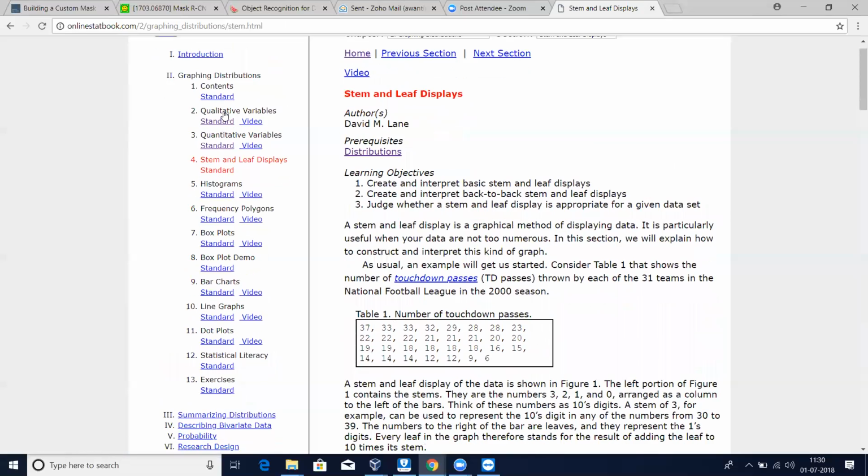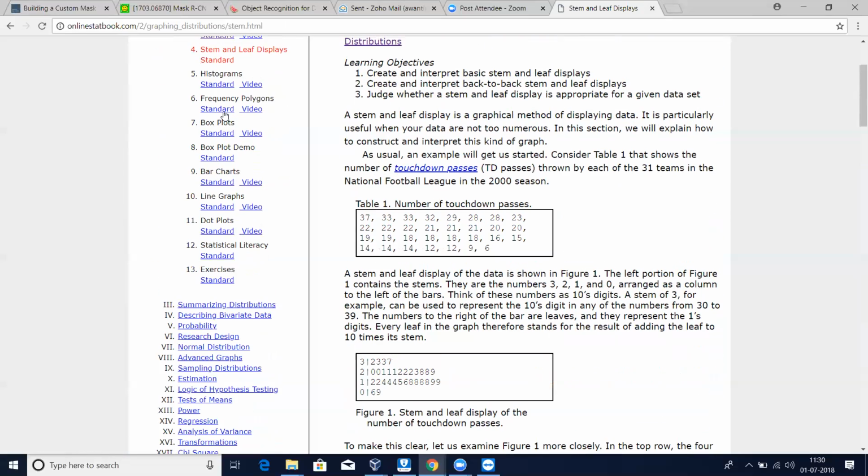Okay, stem and leaf displays. This is a very old technique, still useful. So you can see here, some numbers are there. This is very similar to what I did just now actually. Here, how many times is 3 appearing? 3, 3, 7, 3, 3, 2. Okay, this is known as stem, this is known as leaf. We can of course have multiple levels of it. The terminology is nothing special: the tens place will be the stem and the units place will be the leaf.